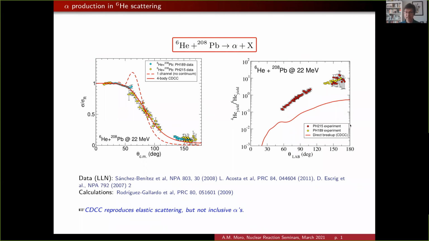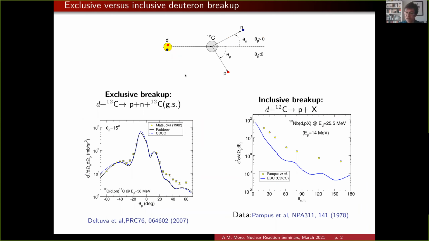So this means there is something here that we did not understand very well. To some extent, it was contradictory that the model that described the elastic data so well could not describe the inclusive breakup data at all. But helium-6 is probably a very complicated system, so probably it's not the best system to study a problem for the first time, at least the first time for us. So it's always interesting to go back to the nice case of the deuteron,